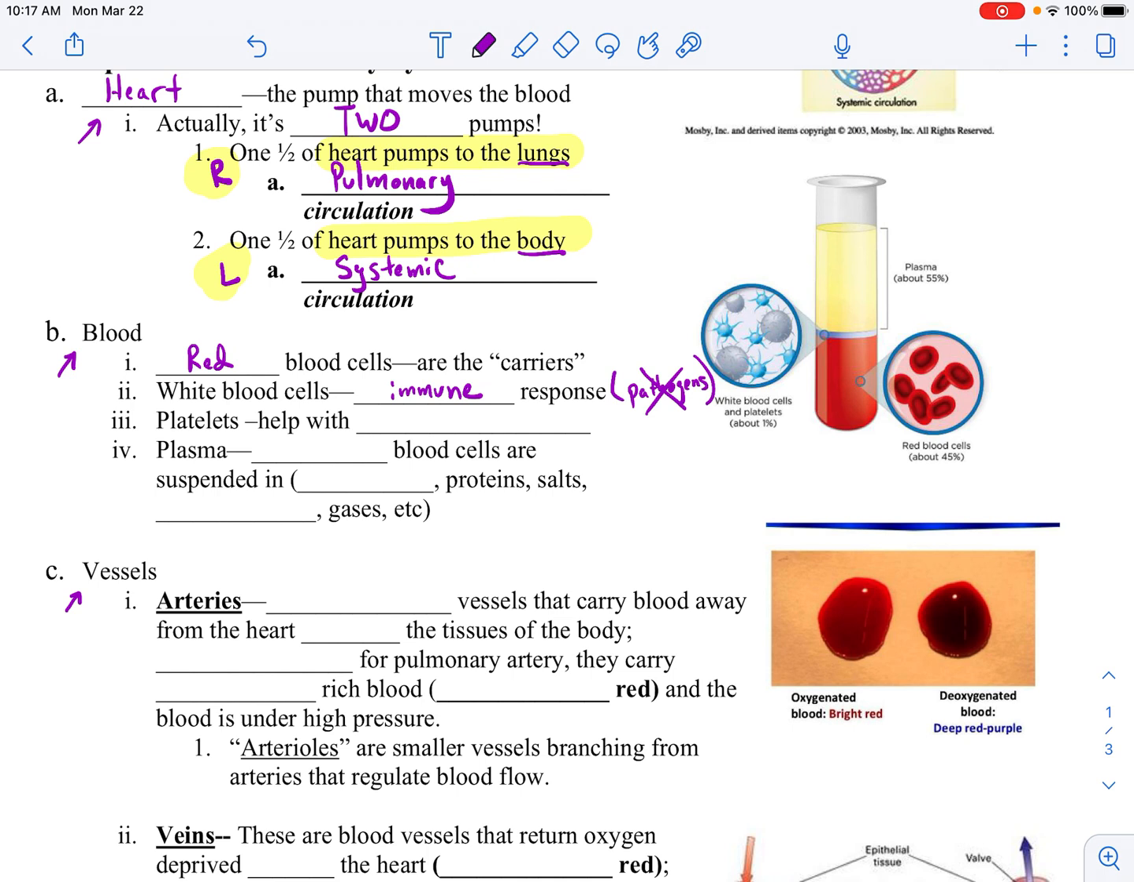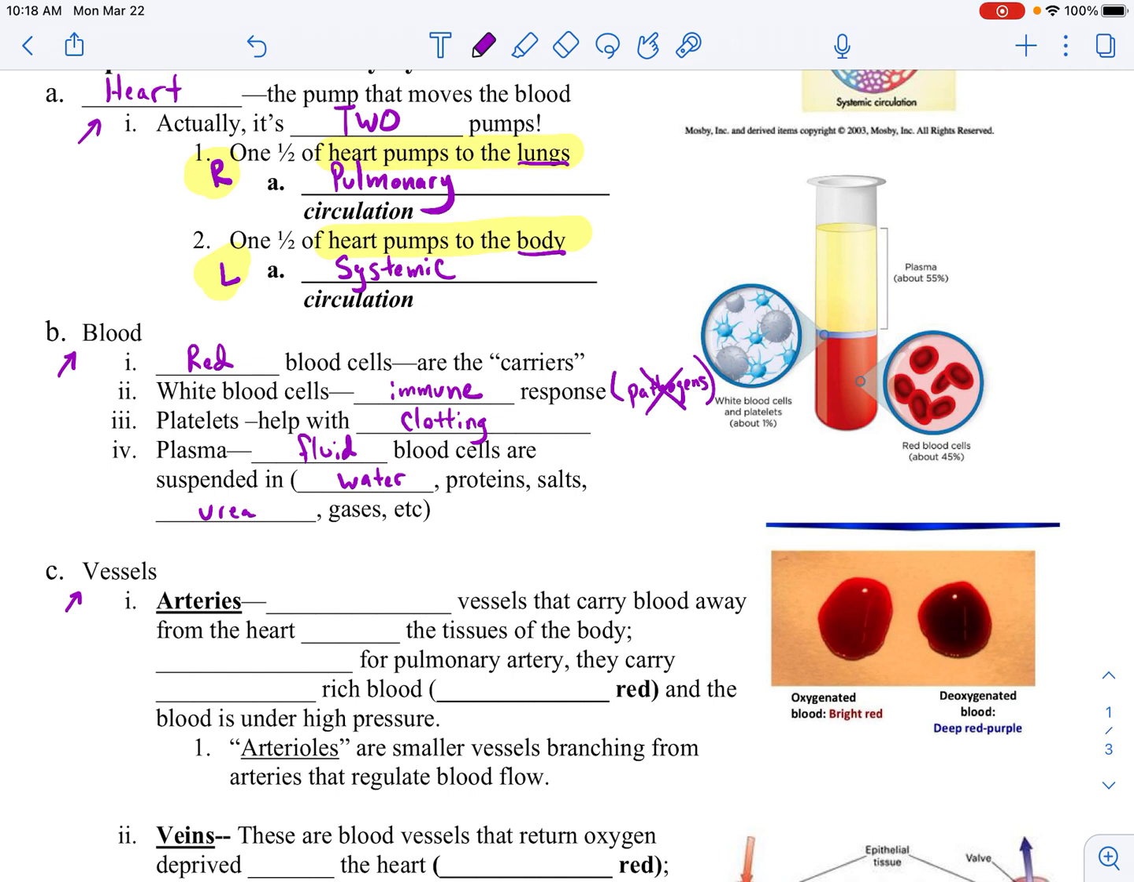You also have platelets that help with clotting, so that if you cut yourself, it's platelets that help to stop the bleeding in the blood vessel. And you have the watery suspension that all of these components are in, which is called plasma. So it is the fluid that the blood cells and the antibodies are suspended in. And it includes water, proteins, salts, urea,